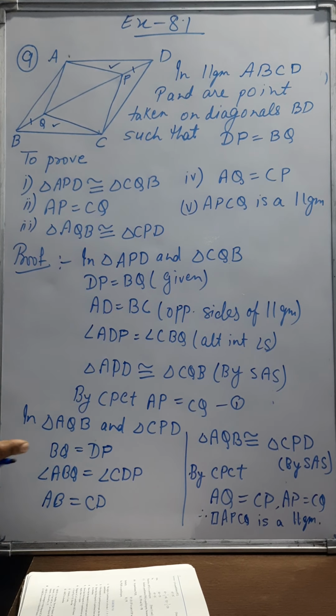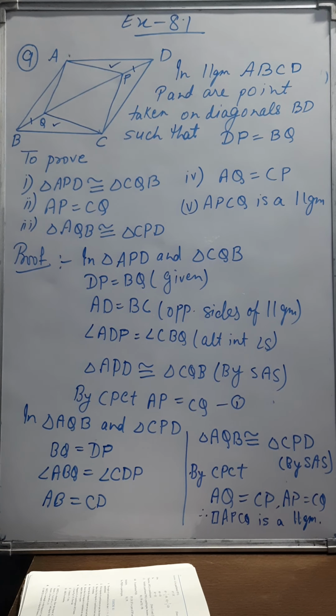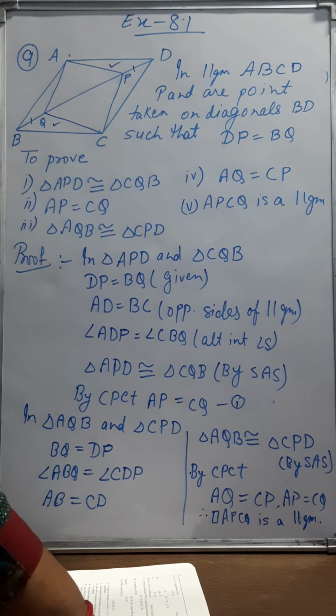Good morning, students. Last day we discussed a few questions of exercise 8.1. Today we have to discuss some more questions. First we will start with question number 9, which says that in parallelogram ABCD, two points P and Q are